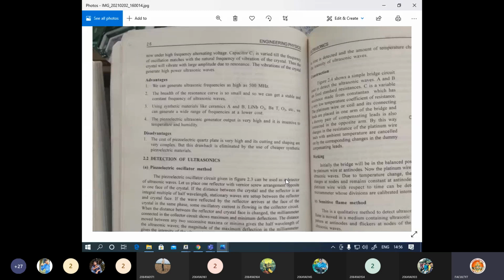So I had given two questions. What is the optic axis, and what are the things regarding X-cut crystal and Y-cut crystal? If you utilize an X-cut crystal, what happens to the ultrasonics? And if you utilize a Y-cut crystal, what happens to the ultrasonics? Two questions I had mentioned in the explanation.